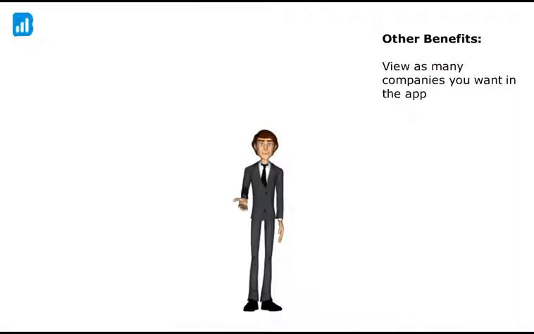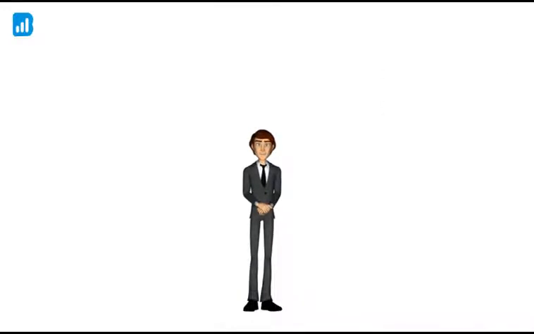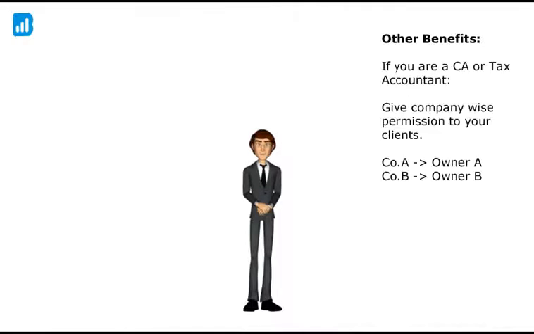Finally, you can view as many companies as you want in the app. We also have the functionality to view data of multiple Tally in one app. So if you have one office in Mumbai and one in Delhi, you can see data of both the locations in one app only. Or, if you are a CA or accountant, you can also give company-wise permission to your